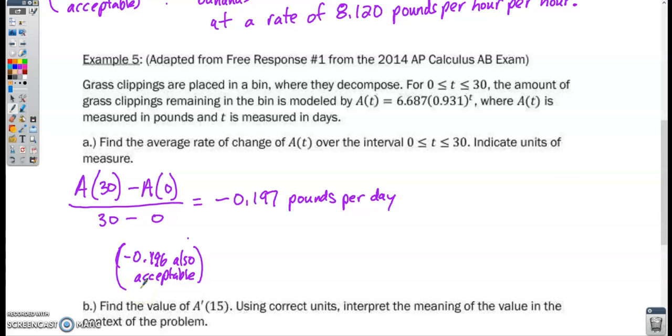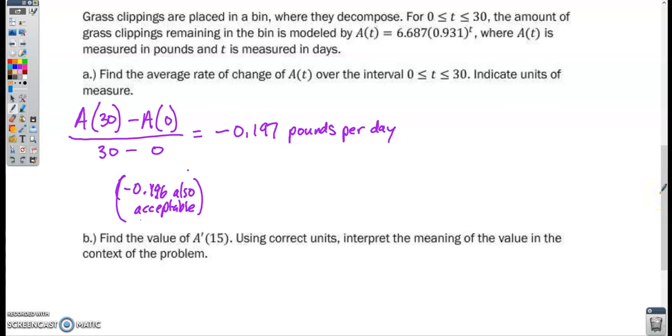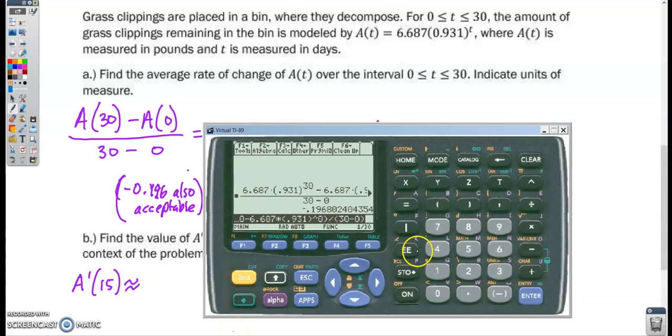All right, and then we've got a part B here. Find the value of A prime of 15 using correct units. Interpret the meaning of the value in the context of the problem. So we're going to start with A prime of 15. Again, we have our calculator, so we're going to go ahead and use the numerical derivative. So I'm going to take the derivative of 6.687 times 0.931 to whatever power, whatever letter you opt to use, evaluating it at time 15,